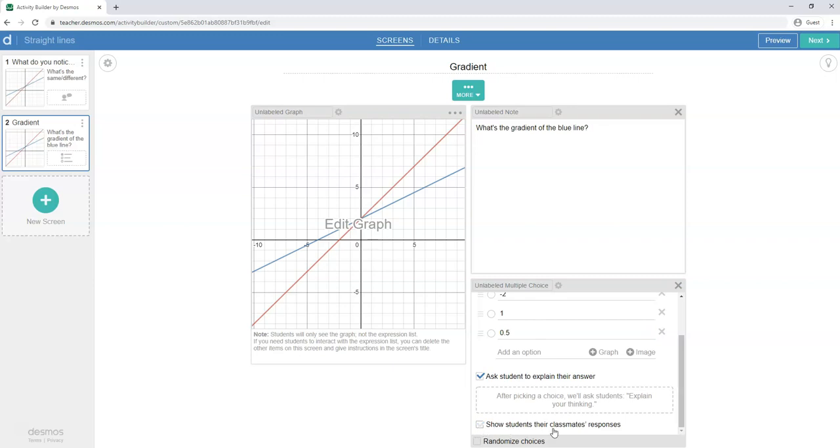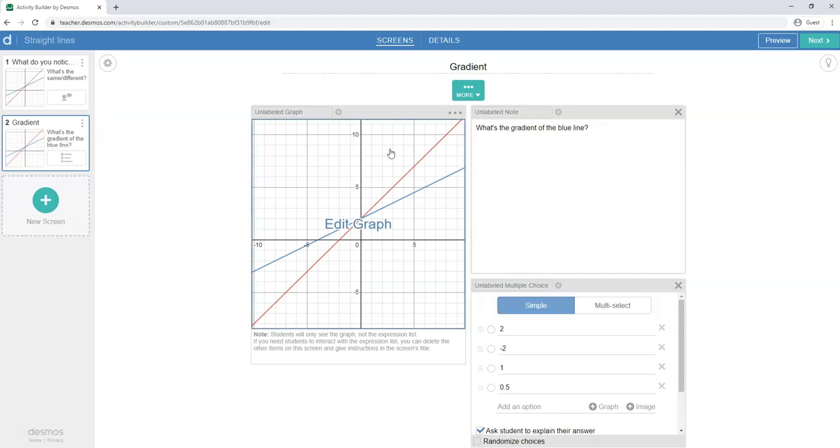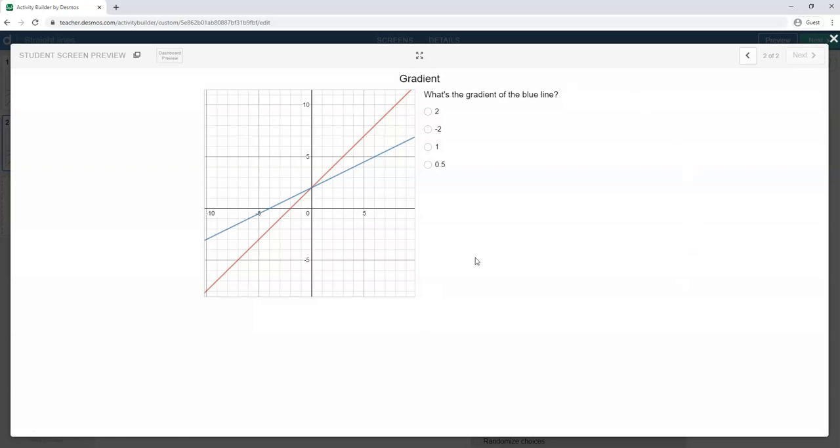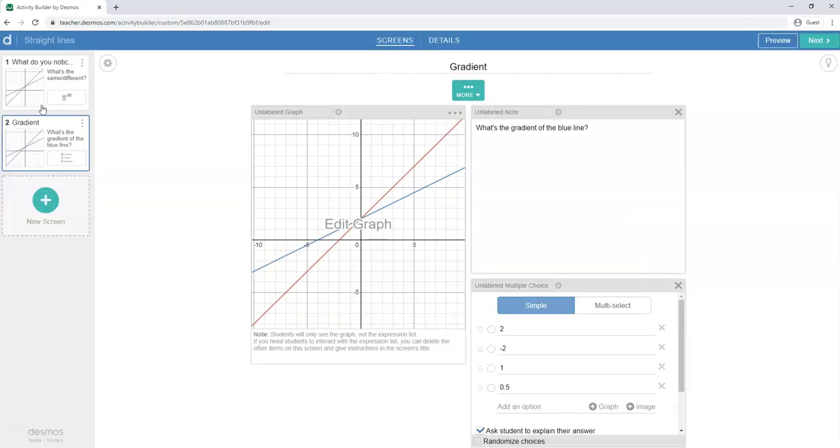I'm actually going to untick showing students' responses in this case because I don't want them to see everybody else's answers. If I like that, I just have a quick check of how it looks from a student point of view. If I click Answer, my Explain Your Thinking box pops up. It's perfect. You can keep creating slides like this until you've got a full activity, and once you're happy with it,